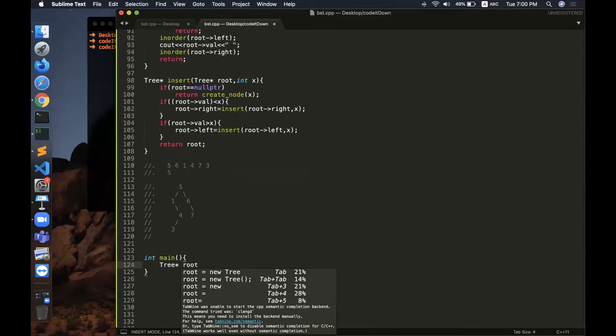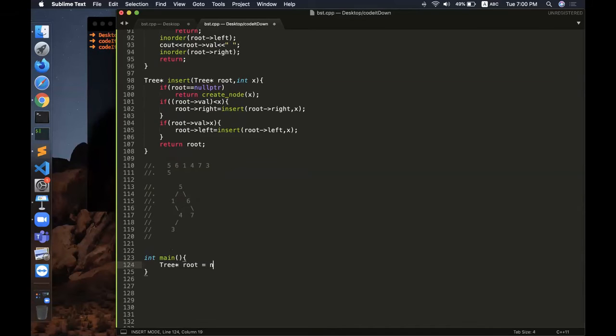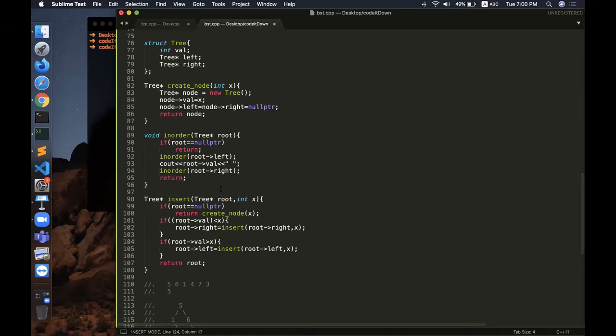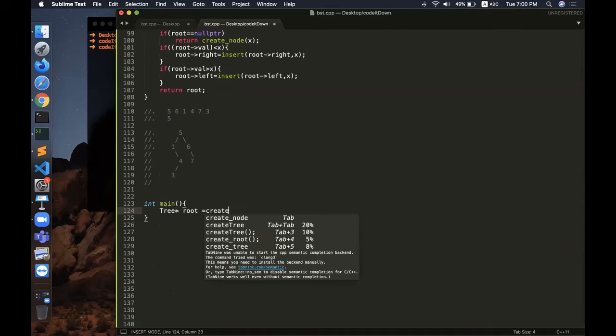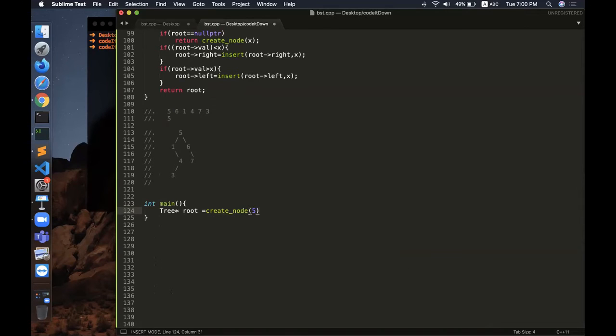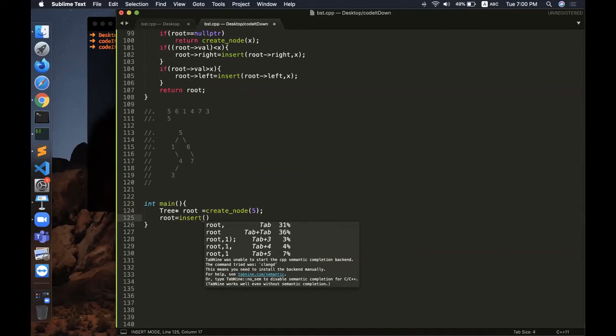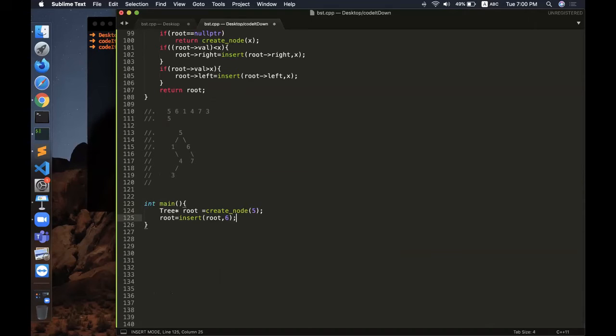Let us first create the root. Let us create the root by using the create node function, and let us pass the value 5, because I want 5 as my root. Then I simply keep on inserting using the insert function. Let us pass root and then the value 6.